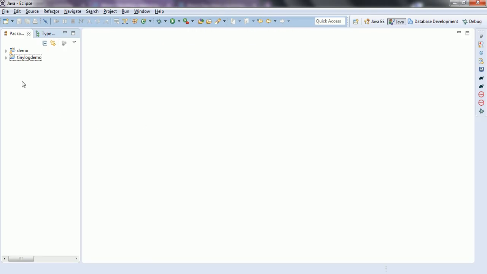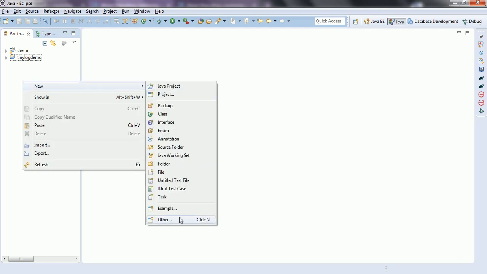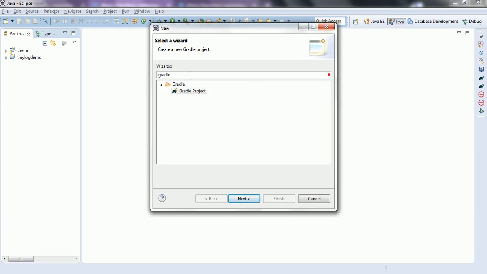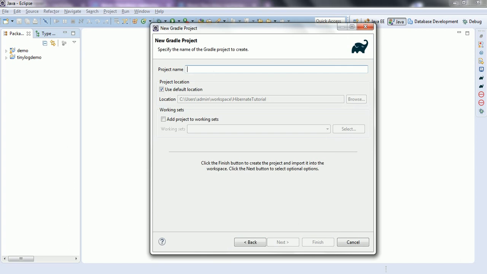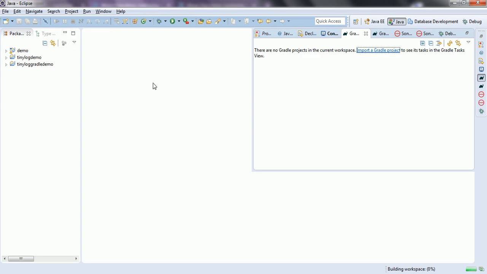I started my Eclipse. Here, right click, New, Other, and search for Gradle. Now click on this Gradle project. Next, project name is TinyLog Gradle Demo, and click on Finish. Now, once this Gradle project is created, we need to add the dependencies for TinyLog in